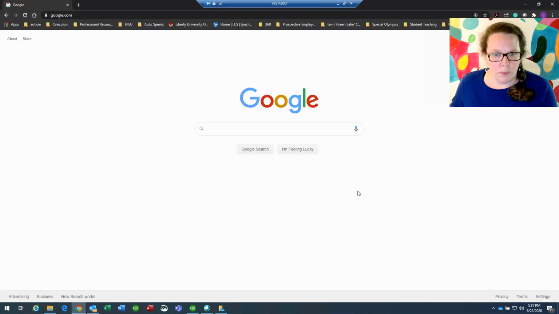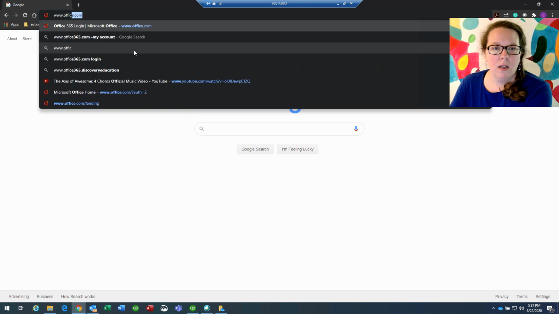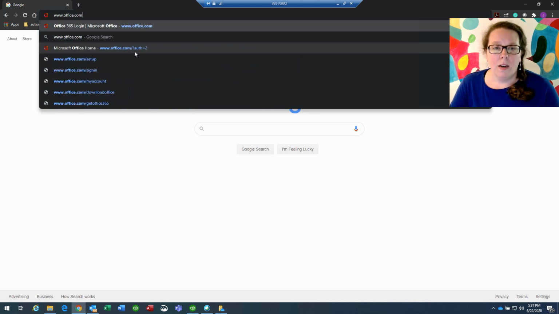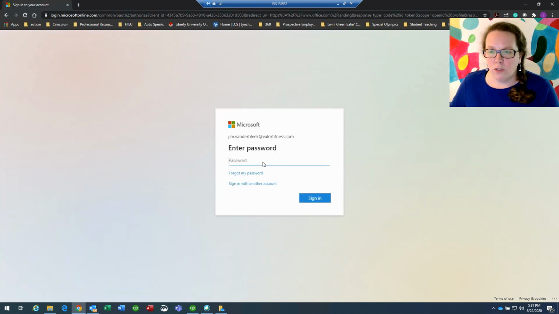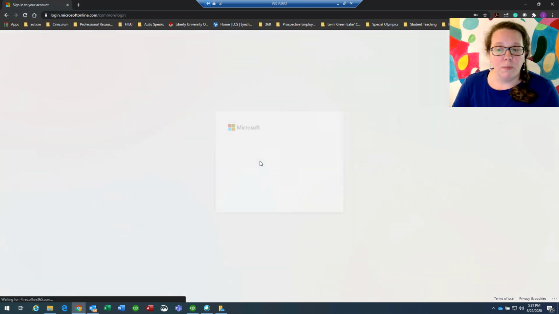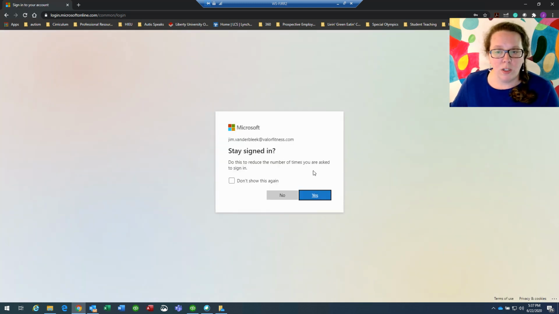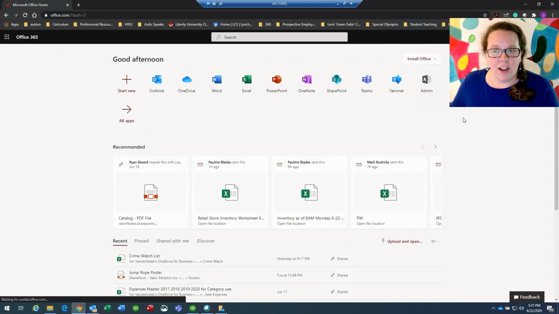Okay, so the first thing you do is you open a web browser, and up at the top, type www.office.com, that gives you to Microsoft Office. Come here, then you log in. You've clearly logged in before, so it saves your information, jim.vanderbleek, say sign in, saves your password. Oh no, it doesn't, you're going to have to put your current one. So the most up-to-date password that you have. Do you want to reduce the number of times you're asked to sign in? Yes, usually. Okay, so now once you're here, this is the main page when you log into your Office profile,